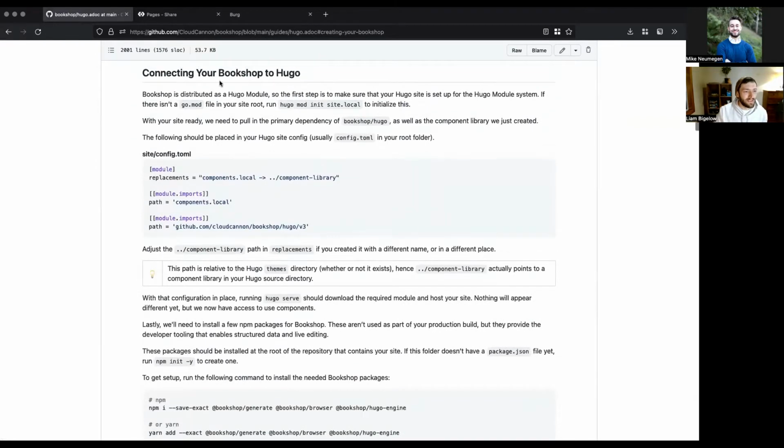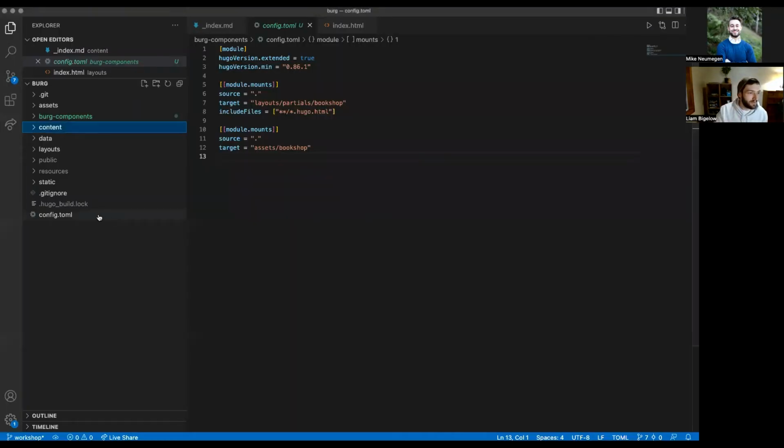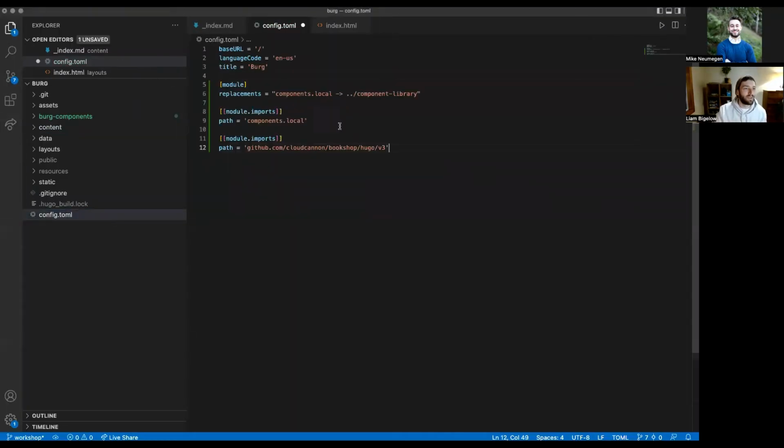So let's connect it to Hugo. The most important thing is to add the module in our Hugo config. So we ask for a components.local. I just use that because I'm never going to use these components remotely. So that can be anything. And then we'll replace that path with the path to our actual components,